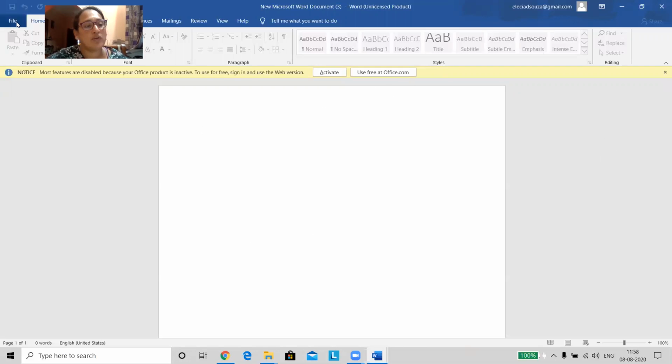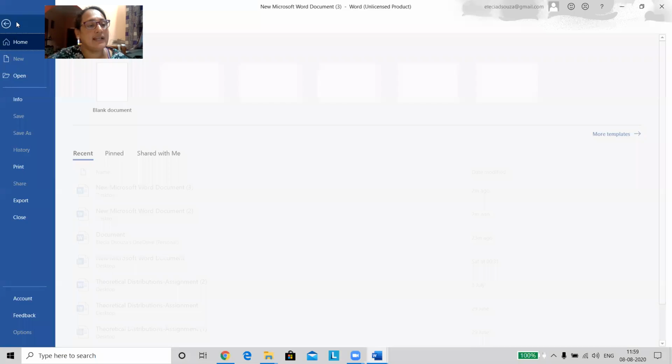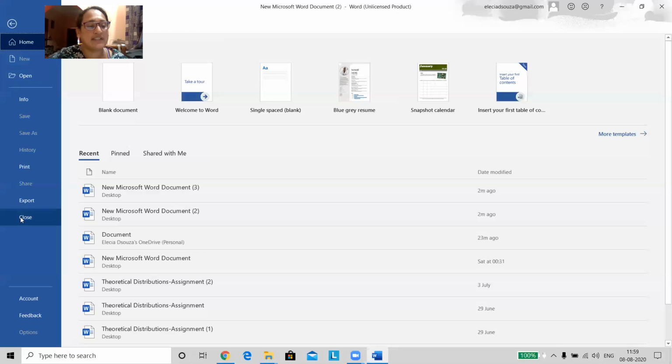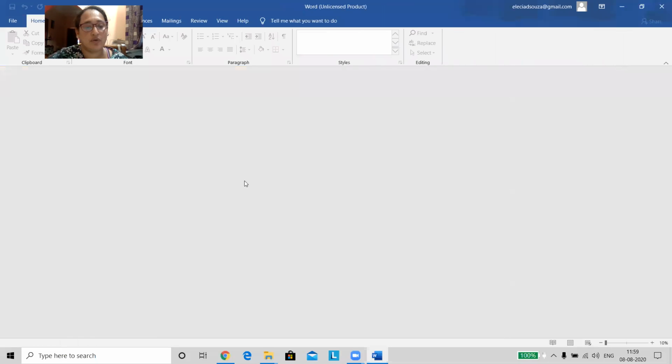So I want to close my document window. So how do I close it? So go to File and just give Close. So now File and Close. I think two are open there. So I close. Now this is the application window. So the application window is the parent window.